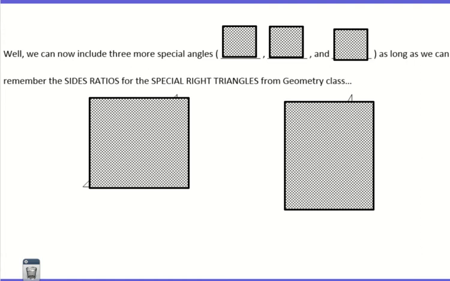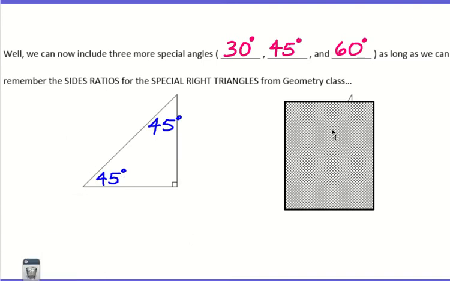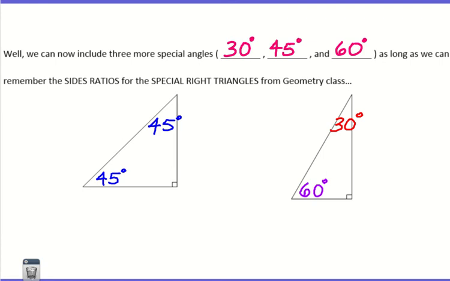Well, we can now include 3 more really, really special angles that we can work with. 30, 45, and 60. As long as you can remember the side ratios for the special right triangles from geometry class. Okay? Now, what I usually say in class, yeah, I'll say this now. What I usually say in class is,